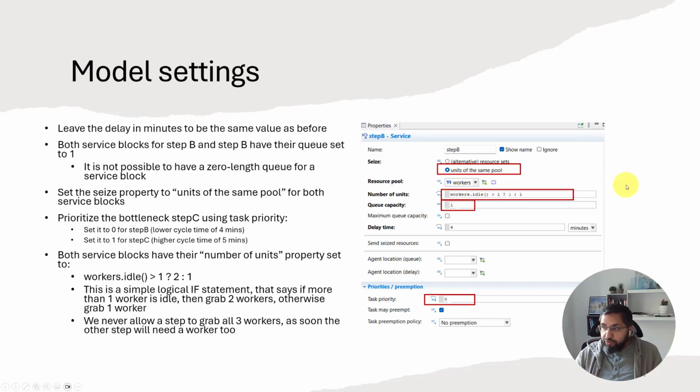Okay. If you have more than 1 idle worker available, that's bigger than 1, then question mark means then. So if this is true, if you have more than 1 worker available, then give me 2 workers. Resolve this whole statement to the value 2, which means give me 2 workers. Colon means else. Else, if this was not true, that you have more than 1 idle worker available, then give